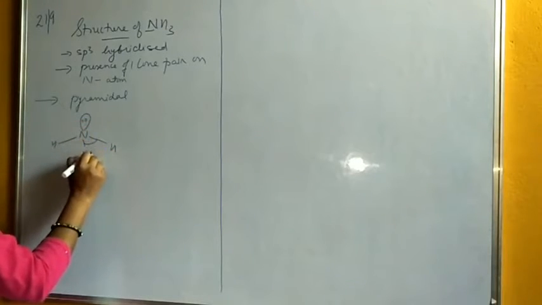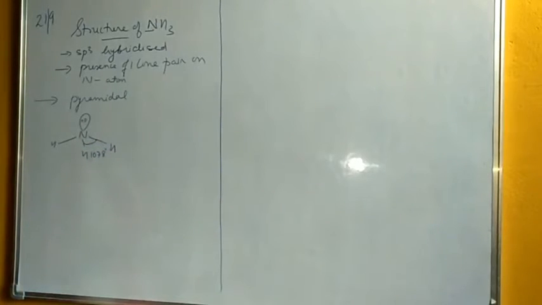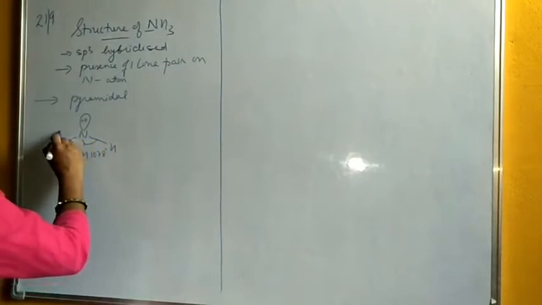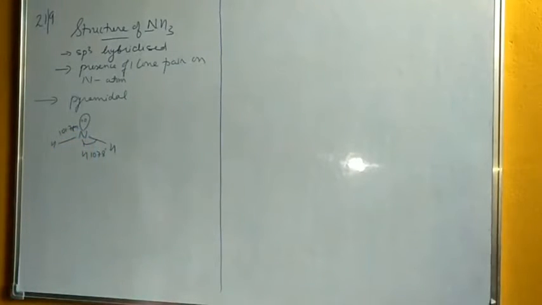So this is the nitrogen atom, this is hydrogen, this is another hydrogen atom, and this is a lone pair which will be present here, and the bond angle is nearly 107.8 degree, whereas the tetrahedral bond angle is 109 degree 28 minutes, but due to the presence of a lone pair, there is a decrease in the bond angle, so it is 107.8 degree. And the bond length, students, is 101.7 picometer. Right, so this is the bond length of the NH bond. The three NH bonds are all equivalent, and it will be 101.7 picometer.